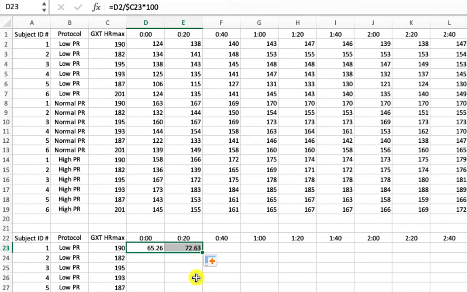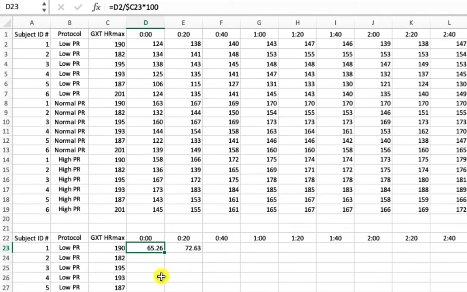Right, we can copy our formula to the next cell at time point 20 seconds. And we can now see the time point shifted appropriately to the heart rate for this original data collection. And we're still comparing it to the maximum heart rate for subject number 1. So we have successfully calculated a percentage that matches the appropriate time point, the appropriate heart rate max for the